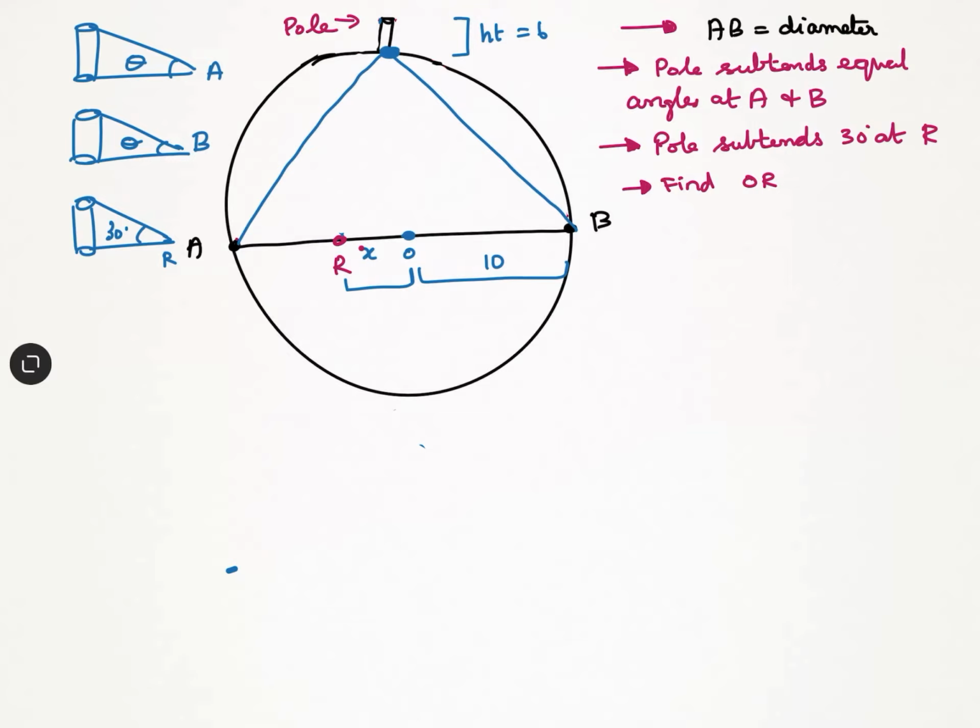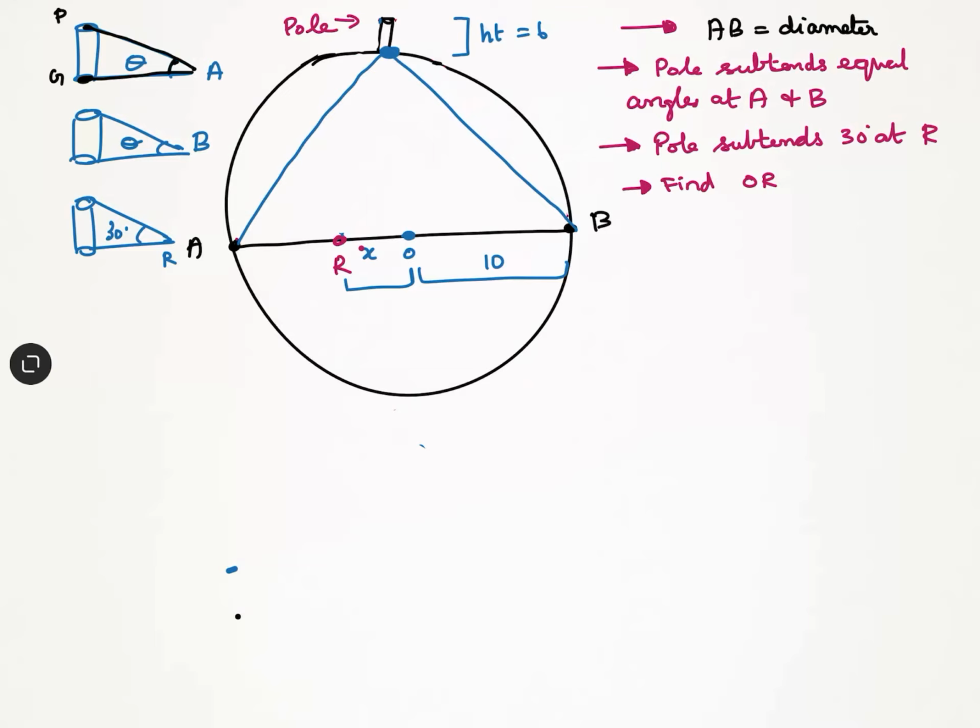Now what does it mean when I say a pole subtends an angle at A or an angle at B? From the top of the pole, let's call the top of the pole P and the bottom of the pole G because it's ground level, right? So if I draw a line from the top of the pole to A and from the bottom of the pole along the ground to A, the angle between these two lines is theta. So the circle is actually on the ground, whereas the pole is vertically above the ground. So it's a three-dimensional problem where AB, diameter, circle are all along the ground, whereas the pole is vertically above the ground.